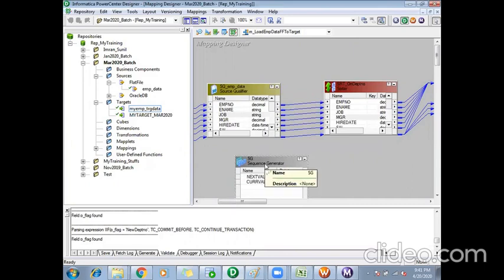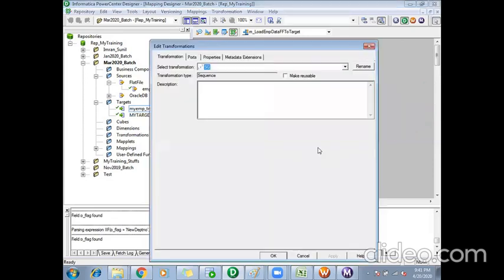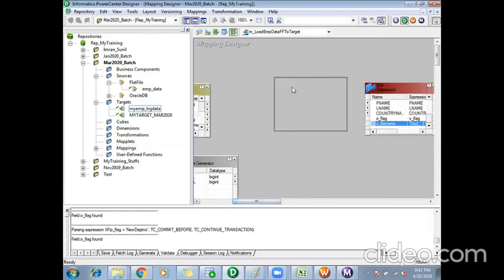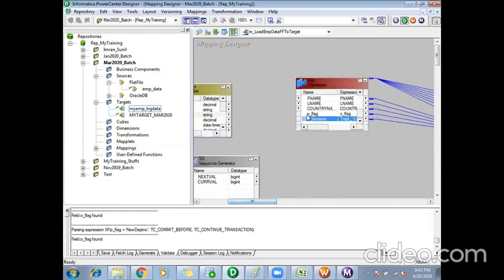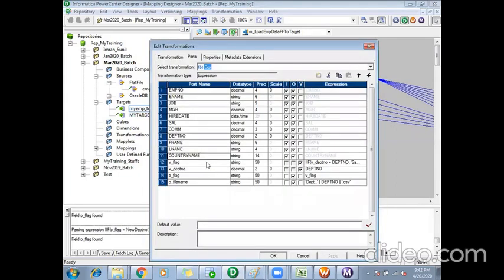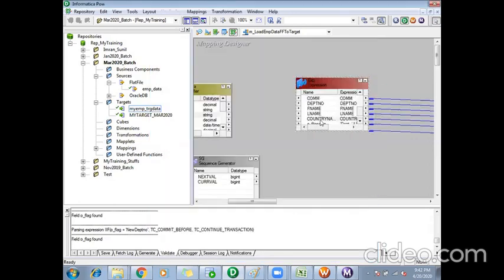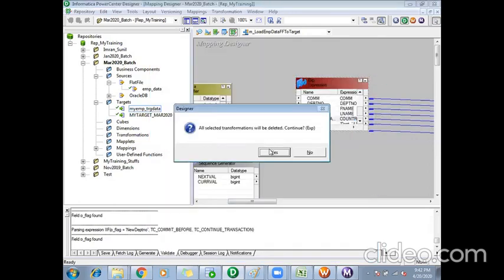I don't think I need a sorter, so let me remove it. I'll link all the records. This logic, which was for my department number, I will remove here as of now. Let me remove everything, otherwise it will be confusing for you.